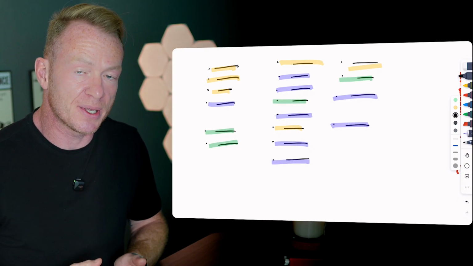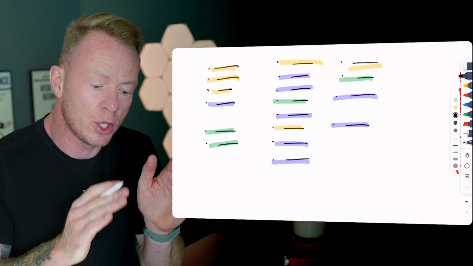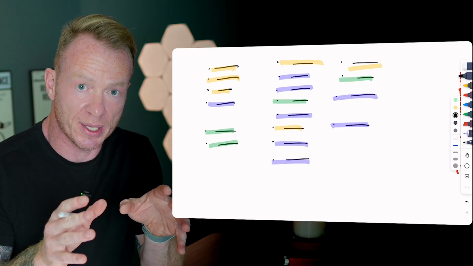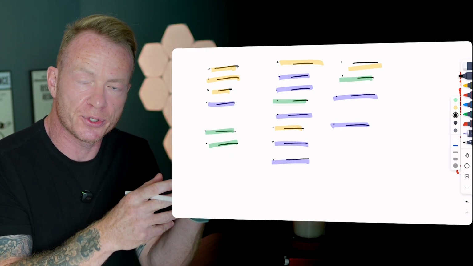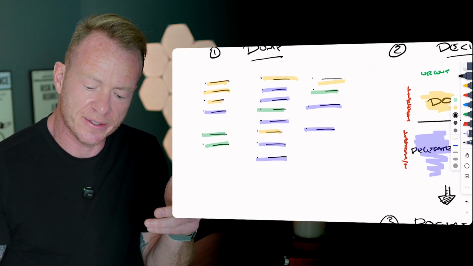This is how you build a business that runs itself. This is how you build systems. Because if you have it for everything, you never know what the next thing that you're going to leverage and outsource is going to be. And if you have to train it from scratch and try and think about how you do it all over again, it's just chaotic and it's not time effective.